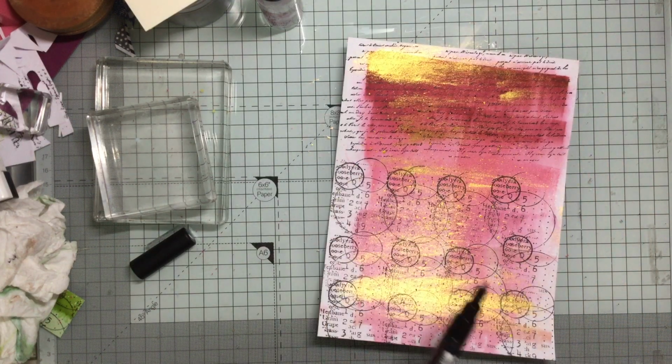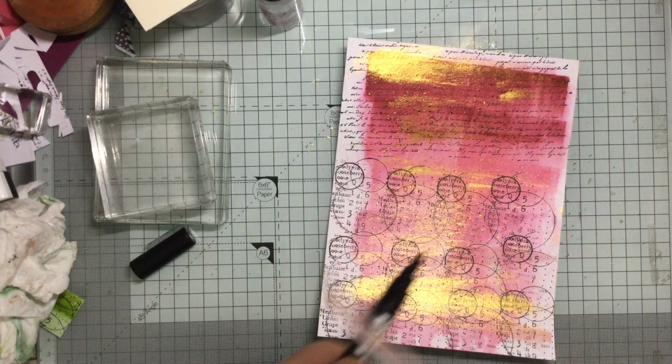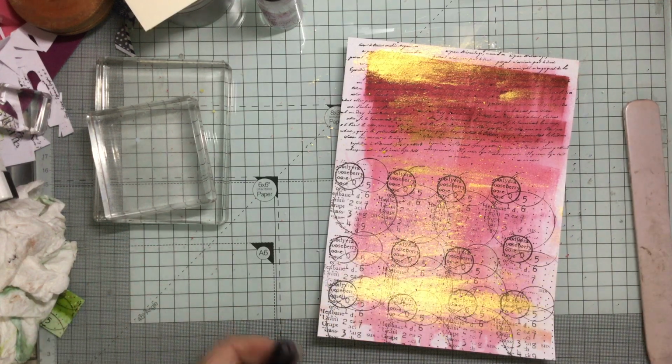Turn it round a bit. Lovely. Okay, so we've got some nice splatters and things on there, which, as I say, I think look lovely. And I'm going to take some of these, the thicker ones. So I'm going to take some thicker